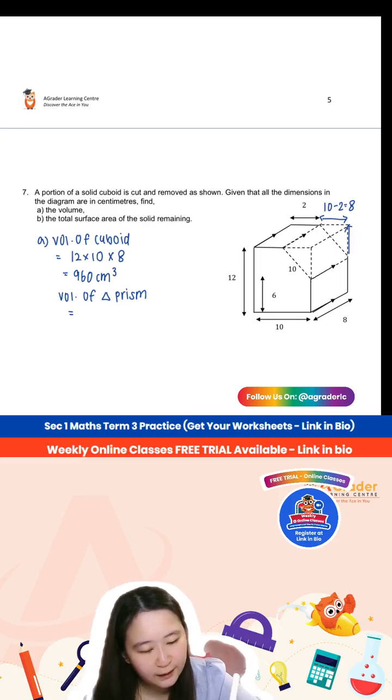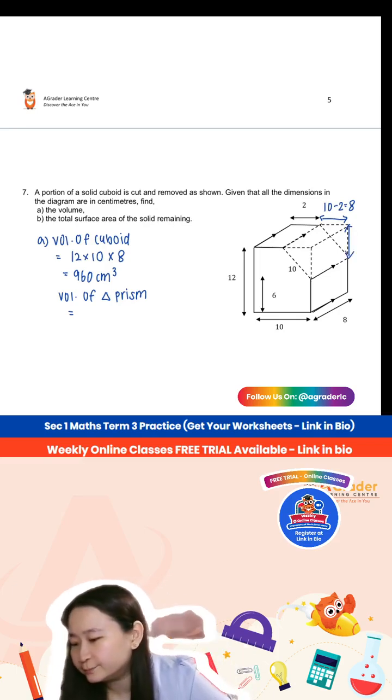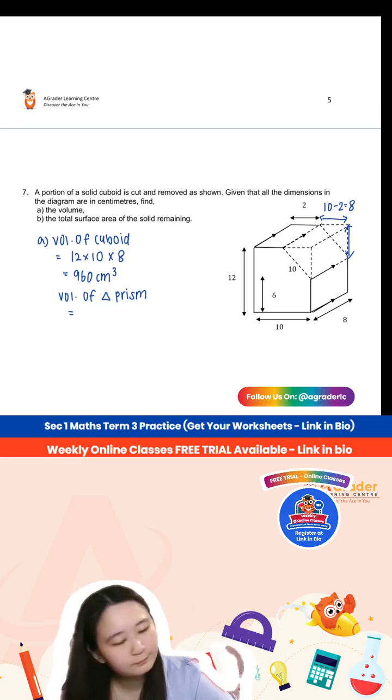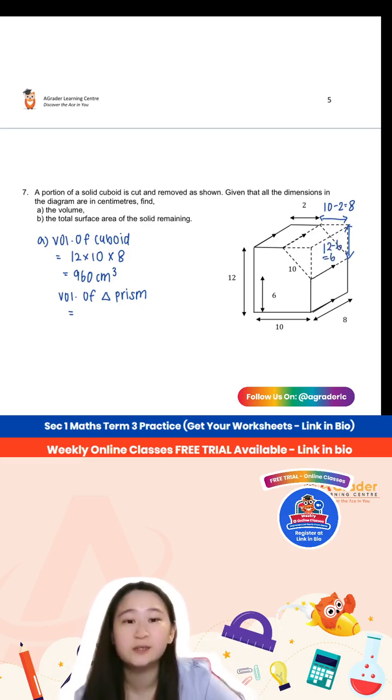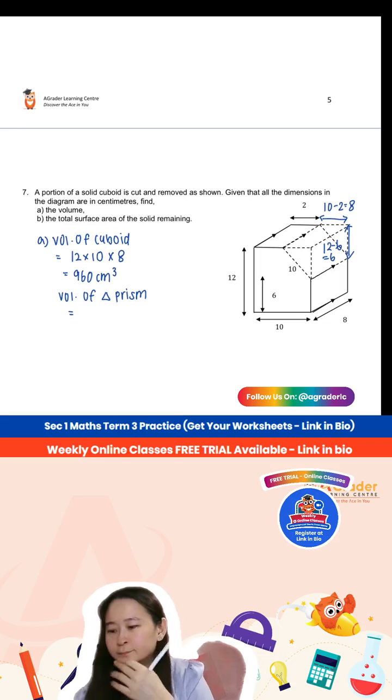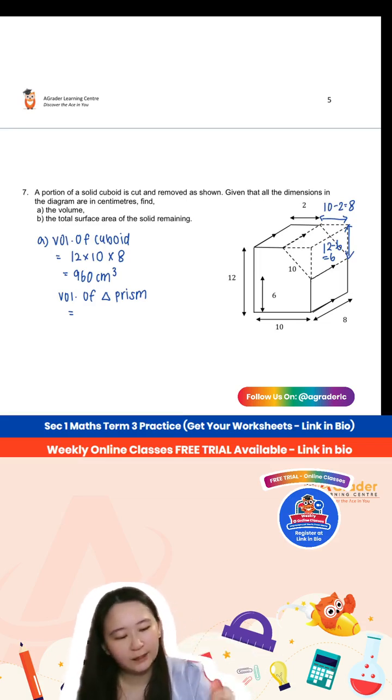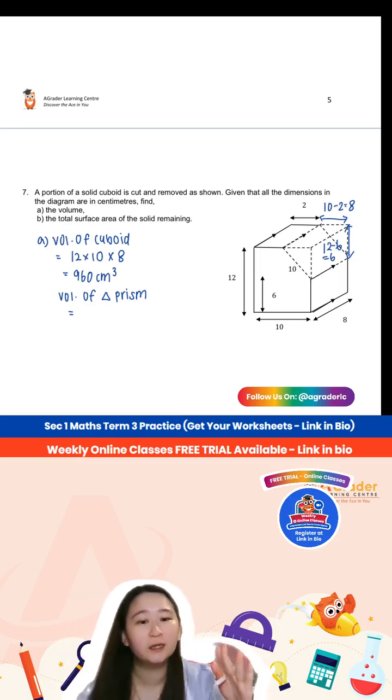Then same for the height of this triangle. Here will be 12 minus 6 equals 6. Okay, so we find the area of the triangle times the